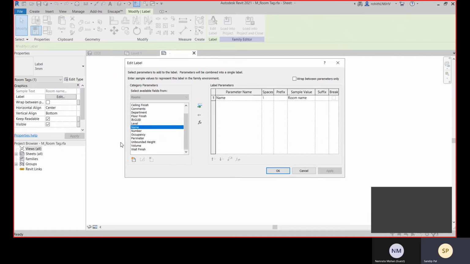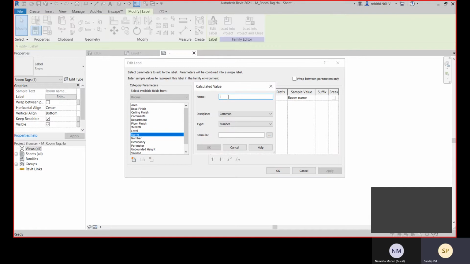So you can find out if there is any length and width, you can go with it, but we don't have any length or width, so we have to create with this option, add calculated parameter to label. Okay, then we will specify the label name, that will be length, discipline common, and type go with this length.